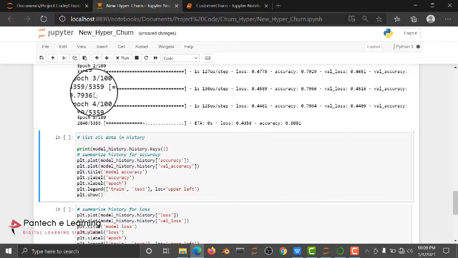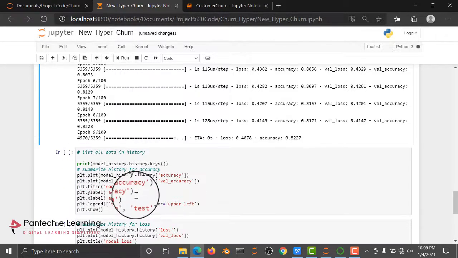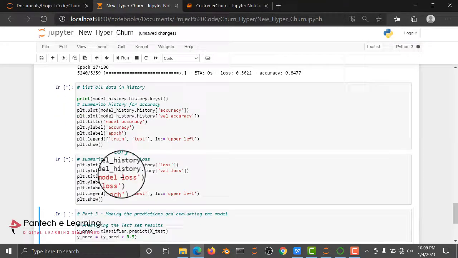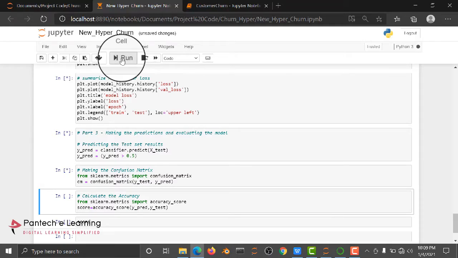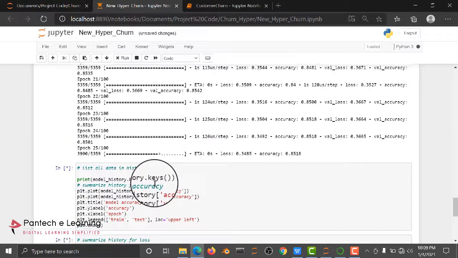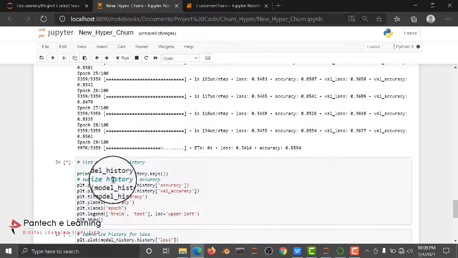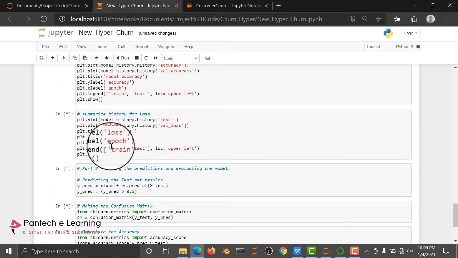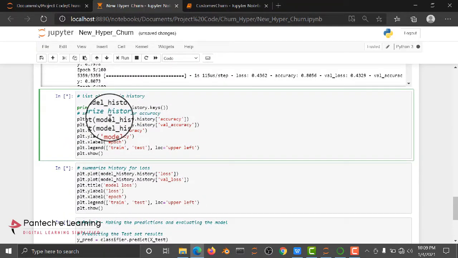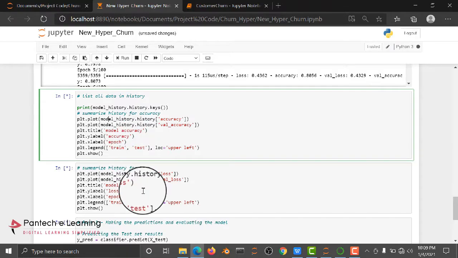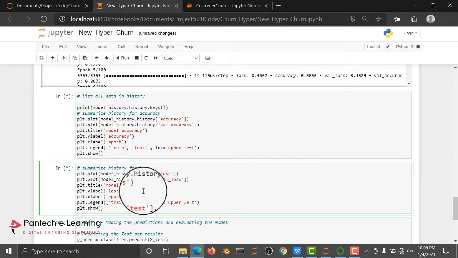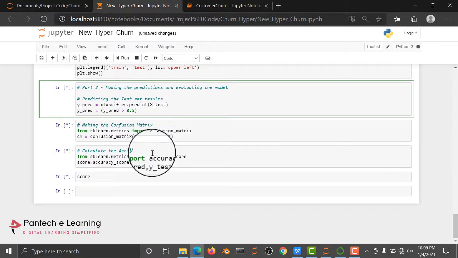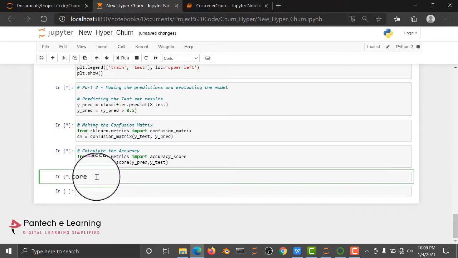After applying these weights and activation functions, I compile it and run each and every data with 100 iterations, and we get the history and output results. Here you can see it's training, iterating 100 times. After iterating 100 times, we get the output results. Here epochs 27, 28 and so on, it's training. Then we get the history of how the model is trained, a summarized history of how the model loss behaved. Then we predict the result by passing the test data, and conclude with the accuracy score.